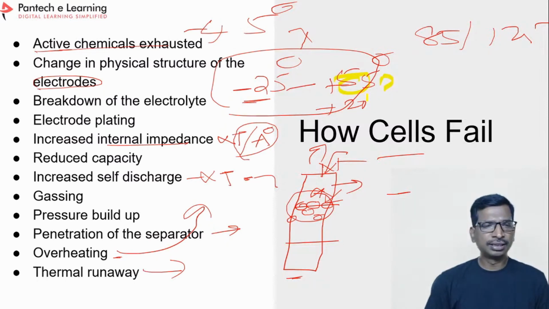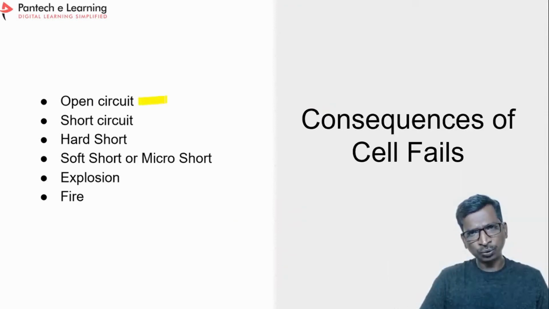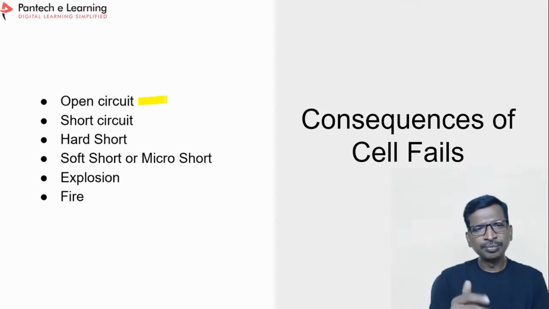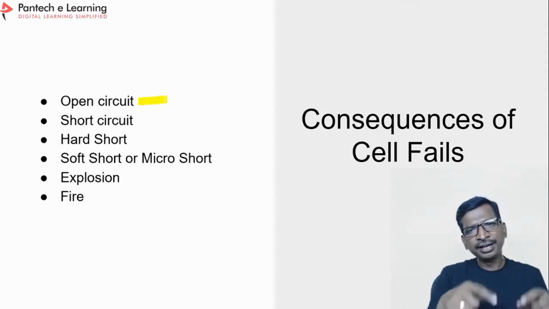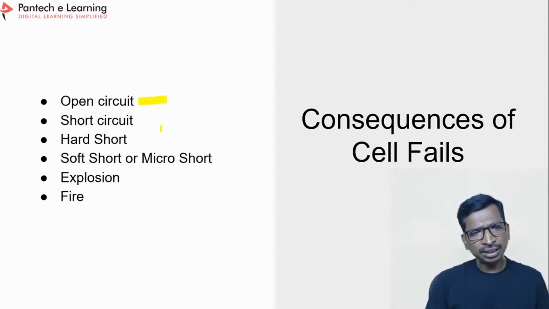So these are all the important points for cell failure. Now, what are the consequences of cell failure? Due to these behaviors, first the battery will get open circuited, or it can be short circuited. If it is open circuited, then the voltage will be 0 and you cannot take a current. Similarly, if it is short circuited, again there is 0 voltage and you cannot take a current. And hard short is nothing but